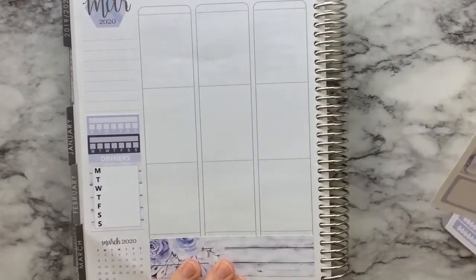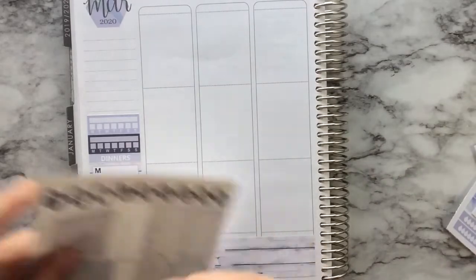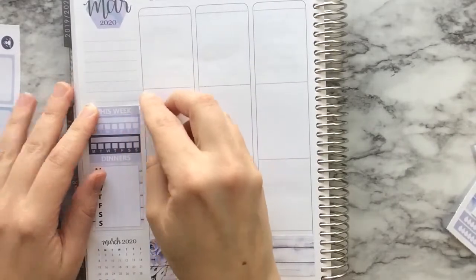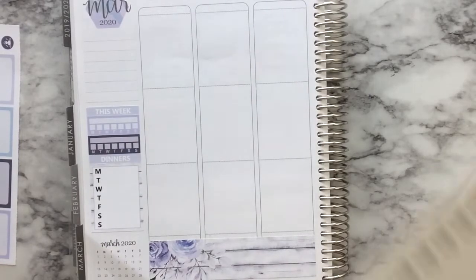I don't think I put a header above it. Let's see. Let's do a this week, that's fine. And then I do have a work header that I could use for the shop. And I want to, this week, I think use